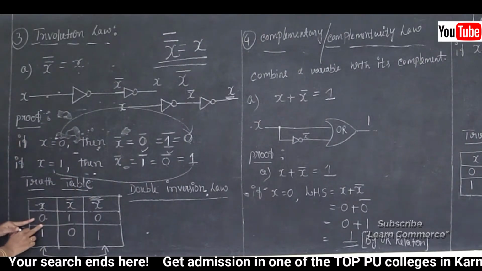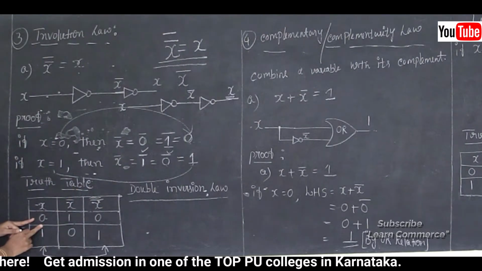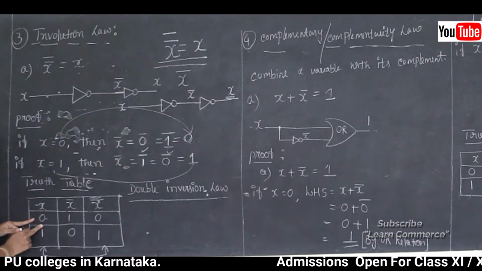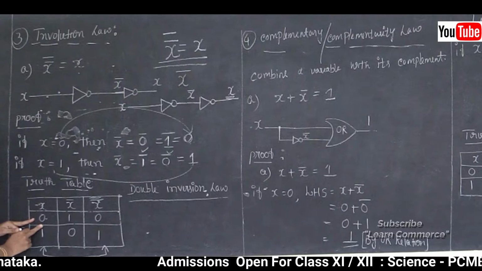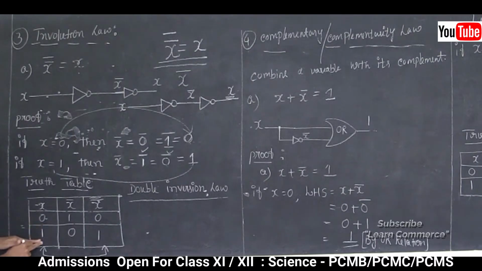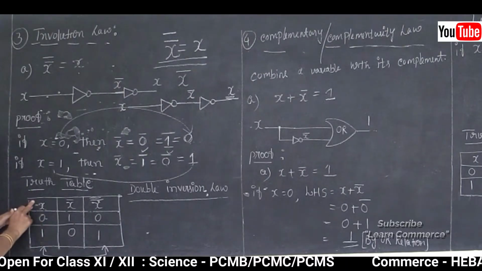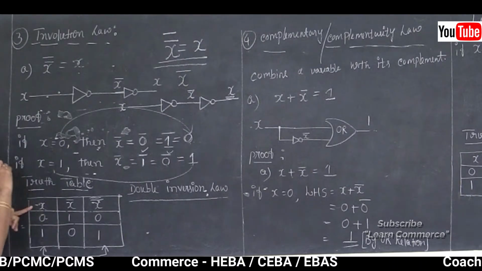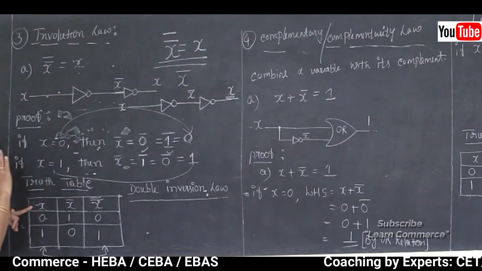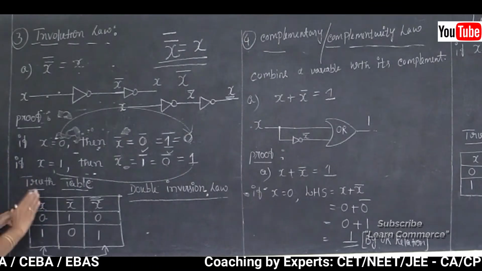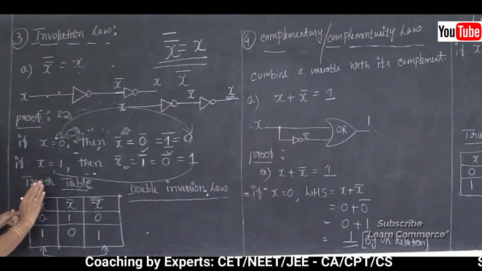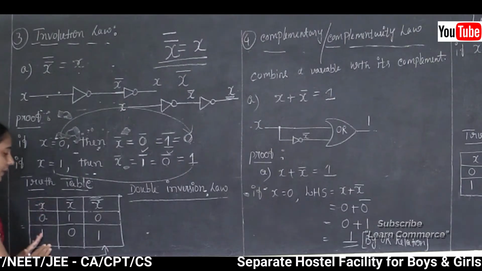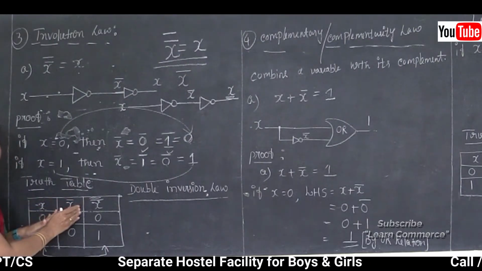Now the first column represents the possible values of x. What are the possible values of x? The possible values of x are 0 and 1. So clear this point here. In the first column I used the column heading x, so the first column consists of the possible values of x, which are 0 and 1. Now after completing that, we'll go to our second column.